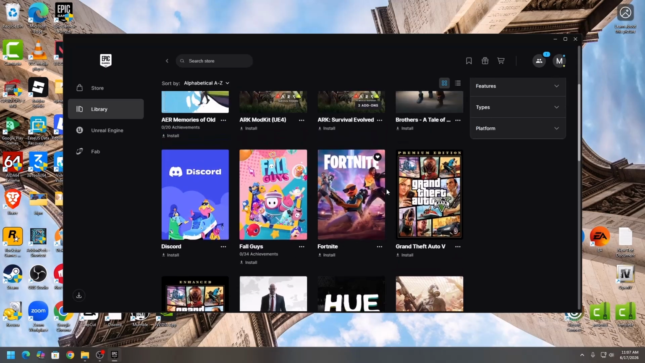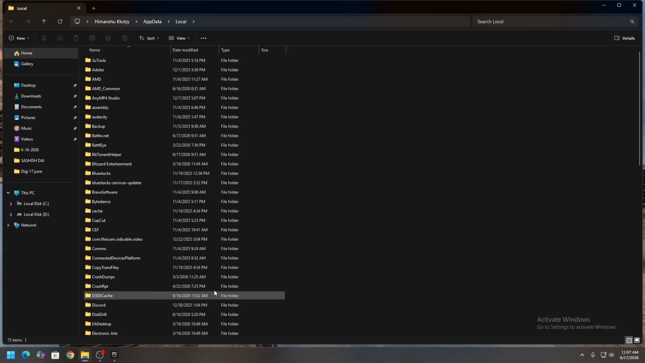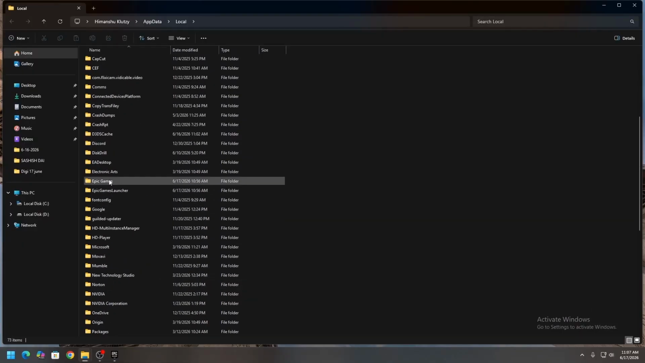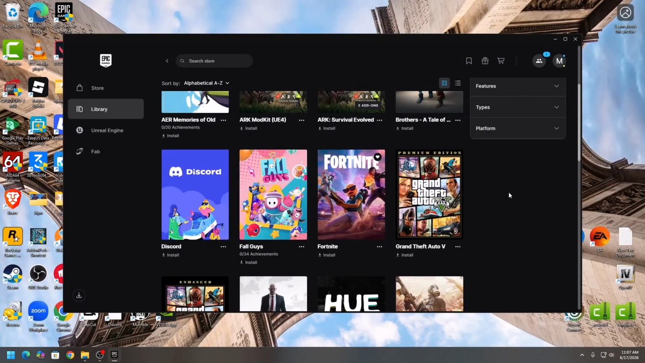The other thing you want to do is press Windows R on the keyboard and then simply write %localappdata% and click on OK. Once you've done that, you want to simply look for Epic Games Launcher and then simply delete all the files and folders that are inside of this. This is the cache folder, which means these are temporary files that are not necessary, which will go ahead and